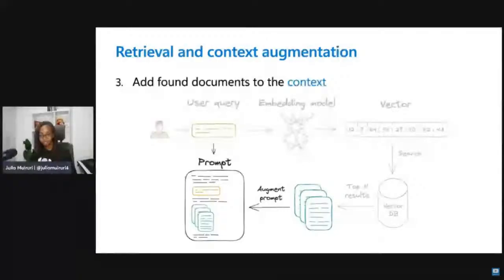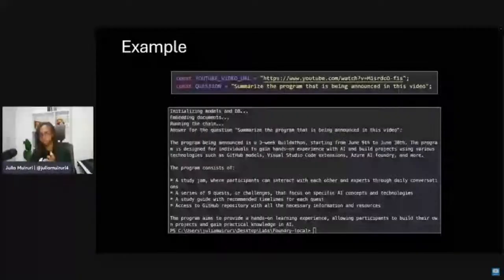And as you can see here, this is one of the resources that we shared, one of the samples that we actually have. I don't know if it's available on the template galleries that I shared, but as you can see, I have this application where I'm passing in a video URL and a question that will probably need someone to understand the video. So in this case, I'm passing in a video, and this URL is the launch call that we had June 9th.